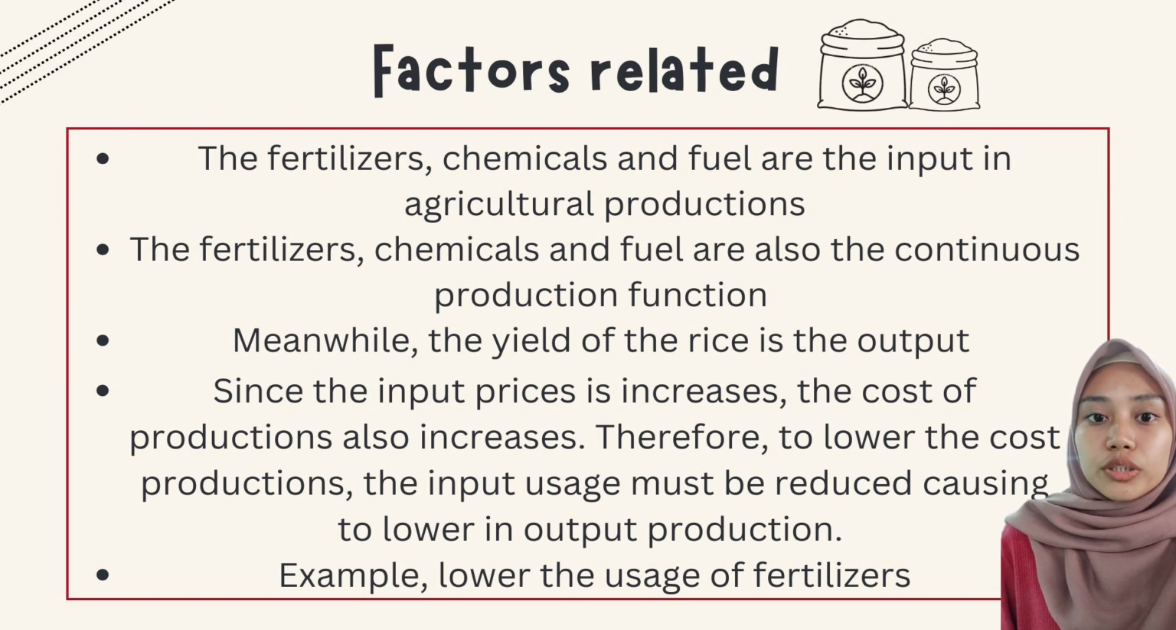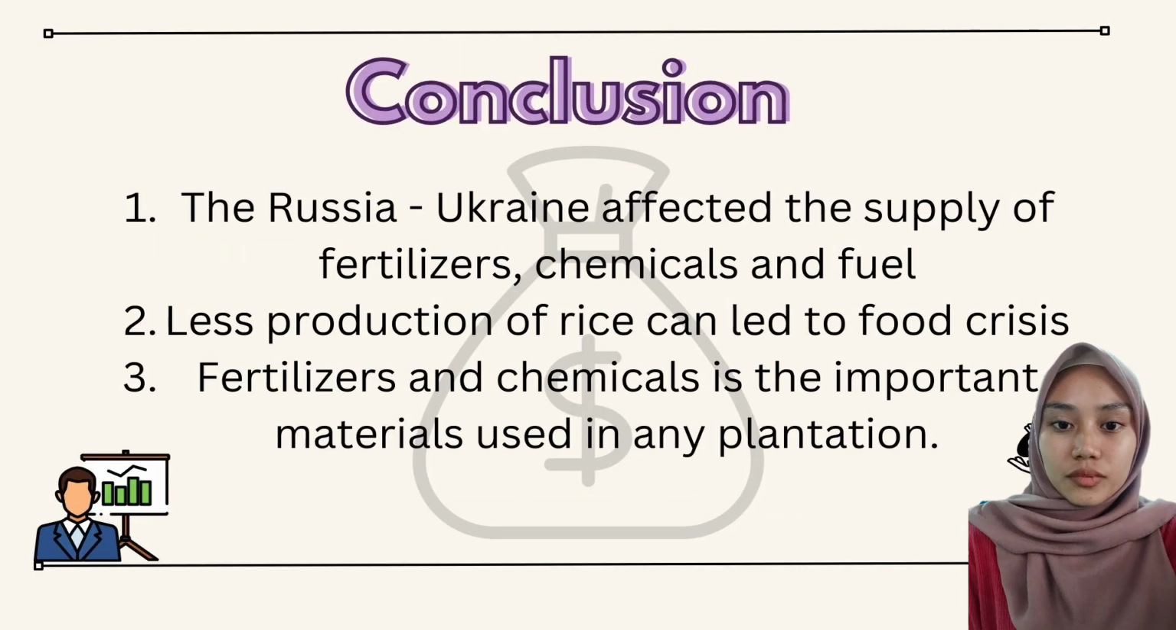Therefore, to lower the cost of production, the input usage must be reduced, causing lower output production, which means in order to lower the cost of production, the usage of fertilizers must also be reduced. Therefore, reducing the usage of fertilizers can only produce less output, less yield of rice. So we can conclude that the